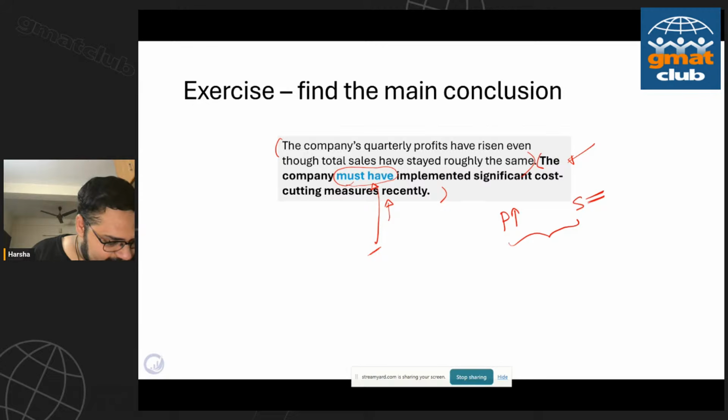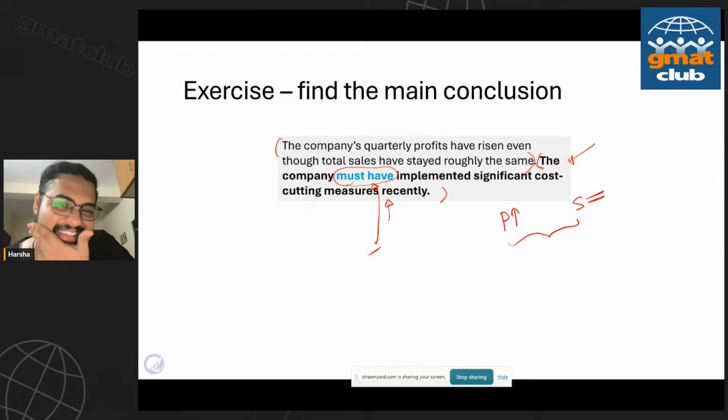So yeah, if you look at the timeline of the question, one can argue that the second sentence is a claim and the first sentence is the conclusion. I don't agree with that one, and I'm not sure how you're making that idea. Perhaps you can explain that a little bit. But profits have risen, that's a given fact. It's a fact that the profits have increased. There's no denying that. On the other hand, here there is an element of hypothesis. Hey, this is what must have happened. I hope you see that, right?